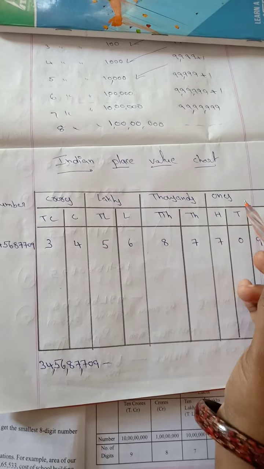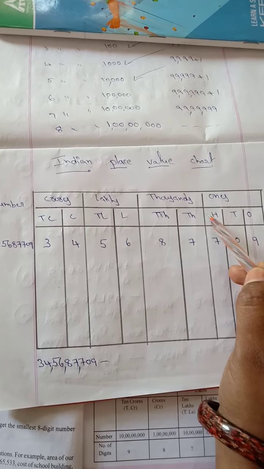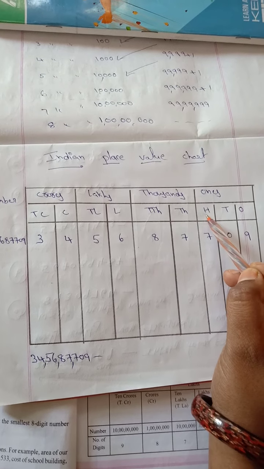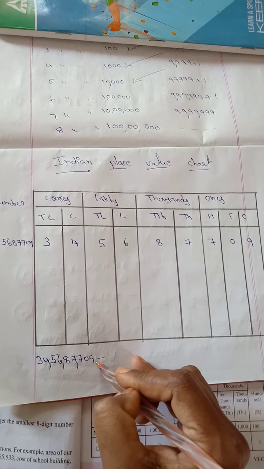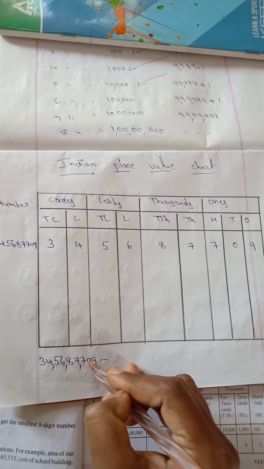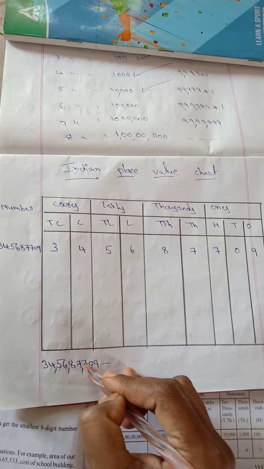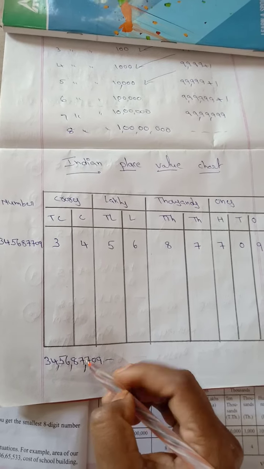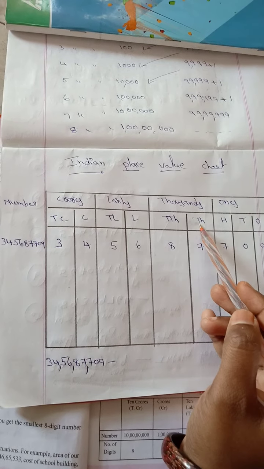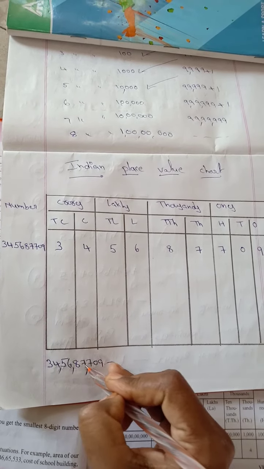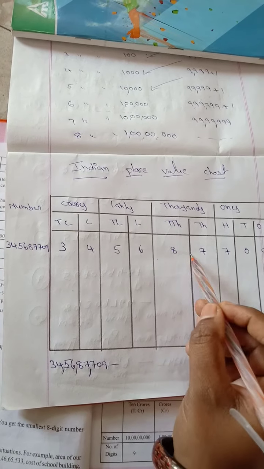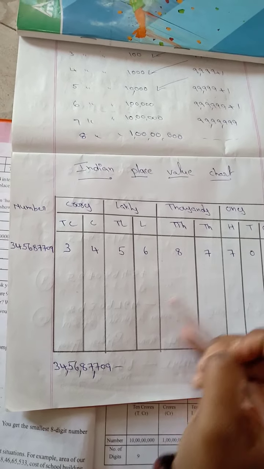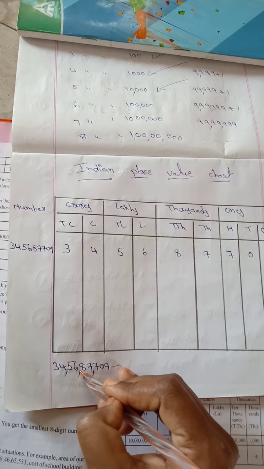Yes, so depending upon the period. So ones period is divided into how many subcolumns? 3 subcolumns. So from ones period, right side 1, 2, 3: ones, tens, hundreds. So after the comma, after 1000 and 10,000, so 7 and 8. How many subcolumns in the thousands? 2 subcolumns. Yes, now 2 digits after the comma.